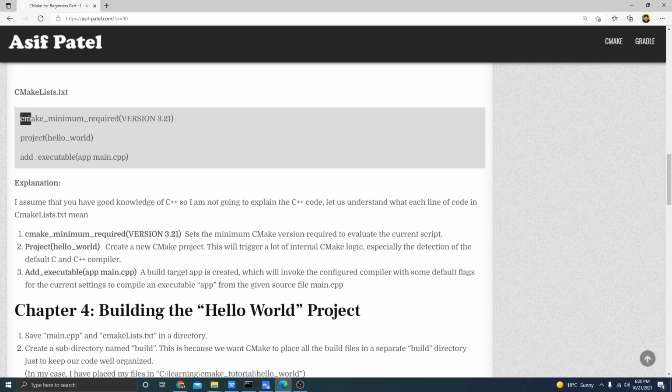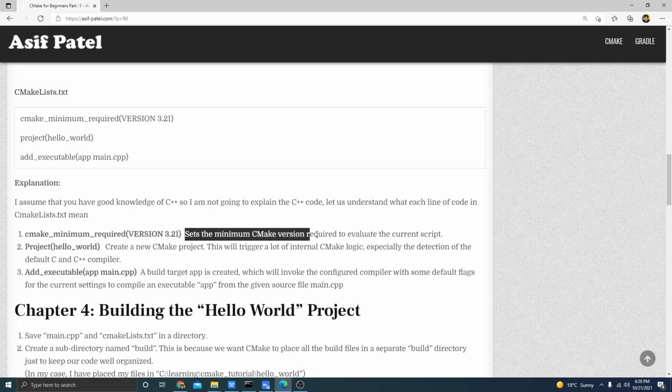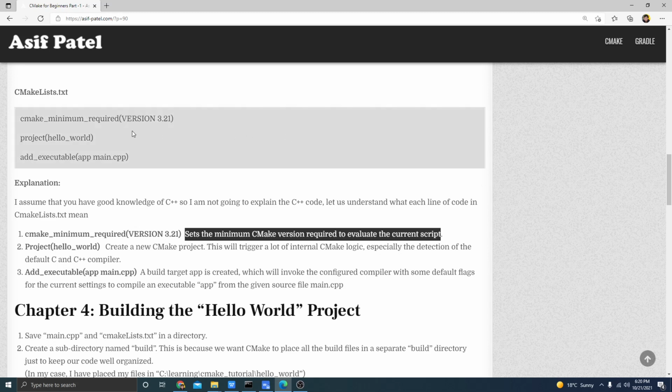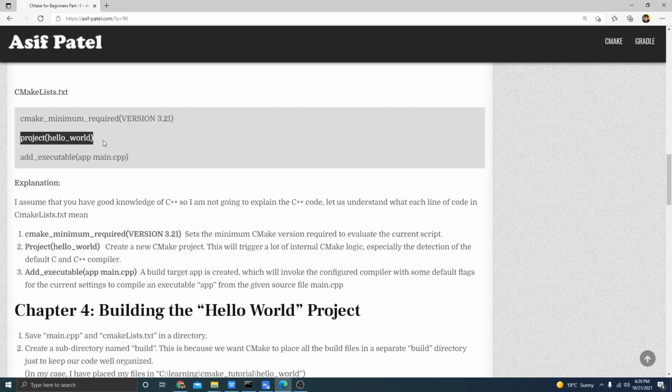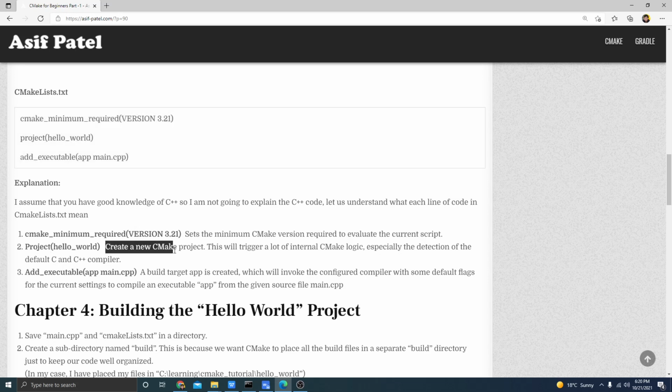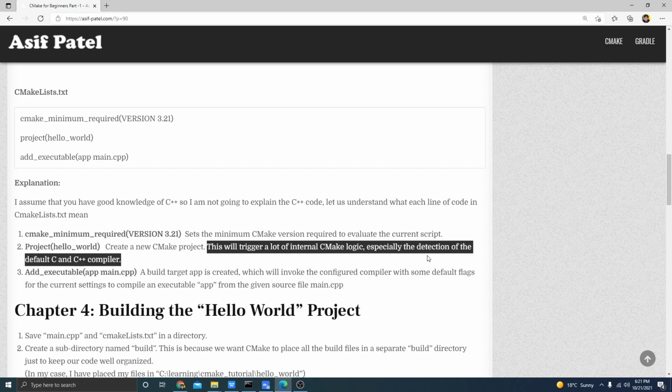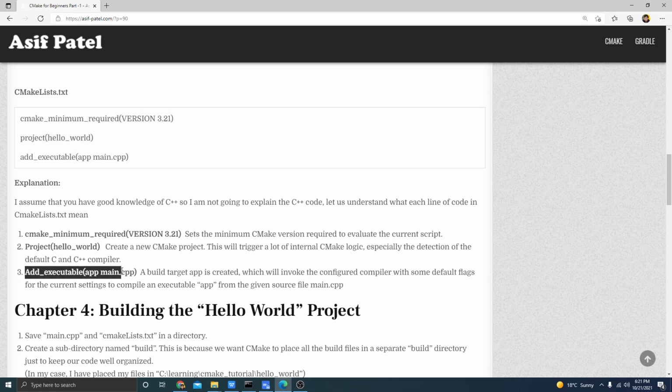So the first line, cmake_minimum_required. This sets the minimum CMake version required to evaluate the current script. So anything below this installed on your machine will not work. Second, project Hello World. This creates a new CMake project for us. But also, this will trigger a lot of internal CMake logic, especially the detection of the default C and C++ compiler on your machine. And finally, add_executable